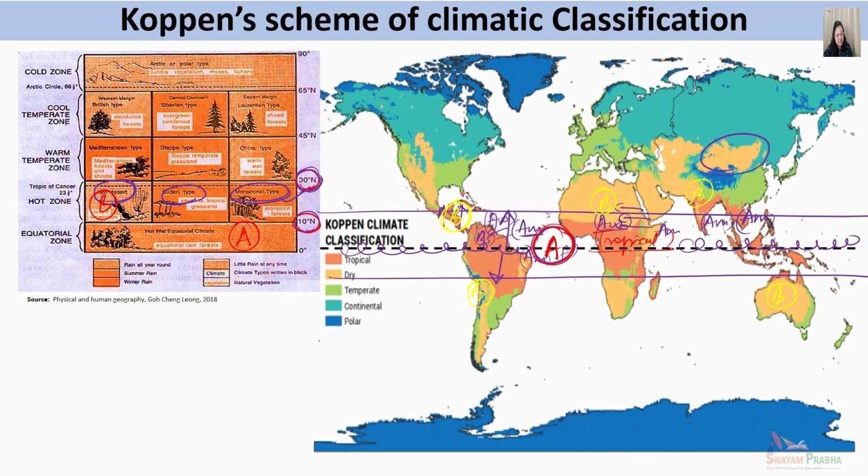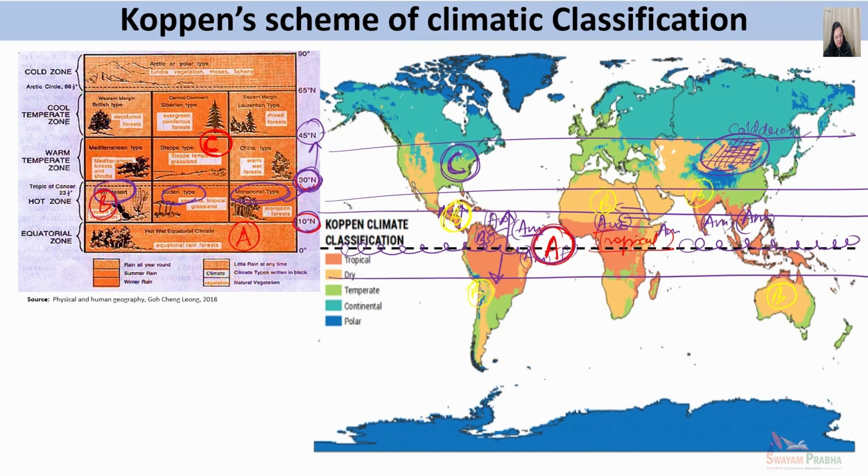Similarly, in the temperate regions along the continental interiors, you will have the cold deserts. They also form part of B type of climate. Then again, when you move from 30 to 45-degree latitude, this particular area is dominated by C type of climate. Along the eastern and western margins of this belt, you will have variants of C type of climate.